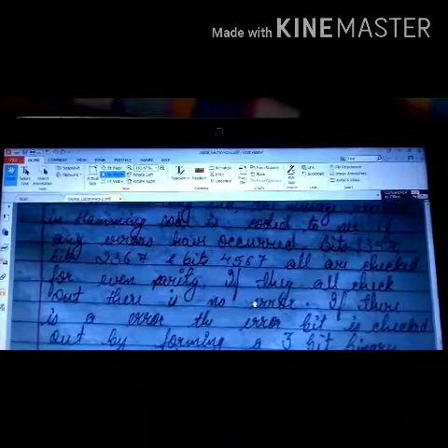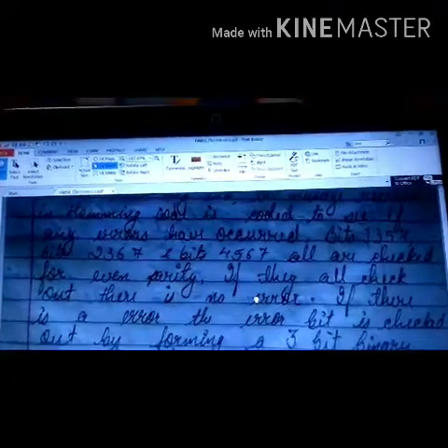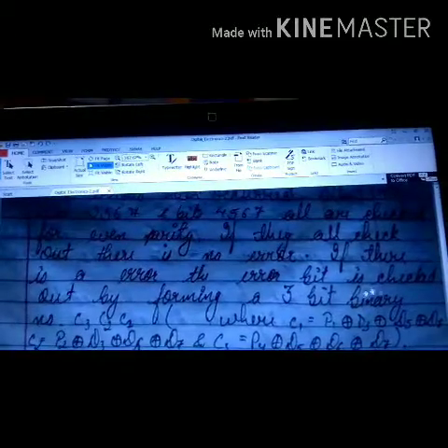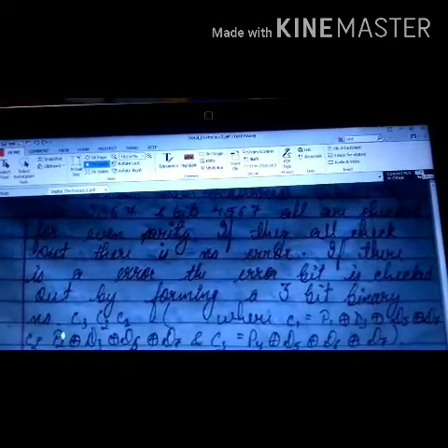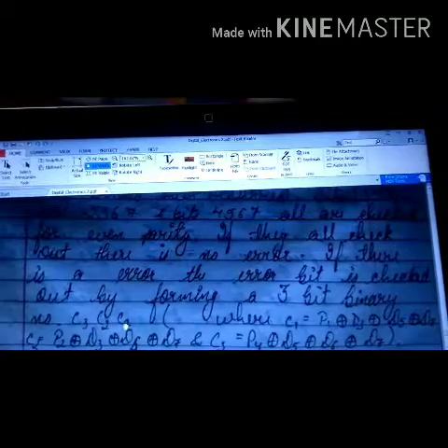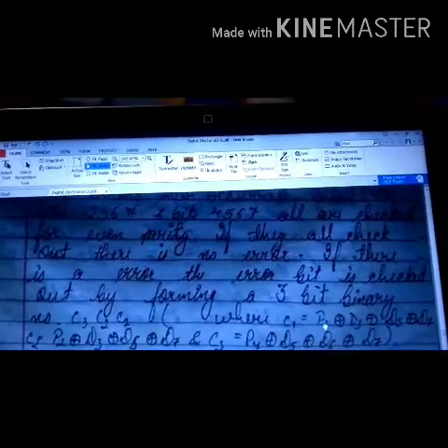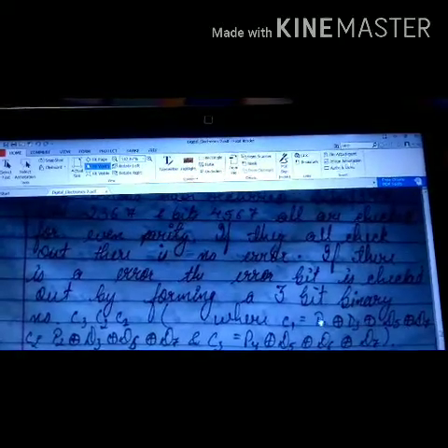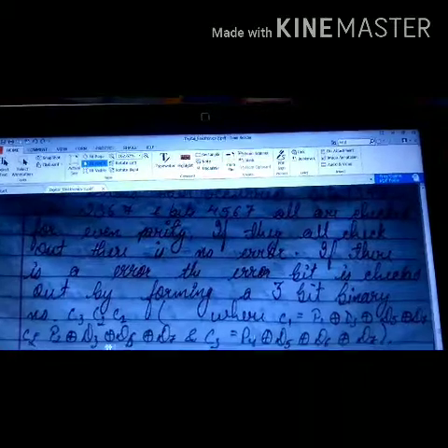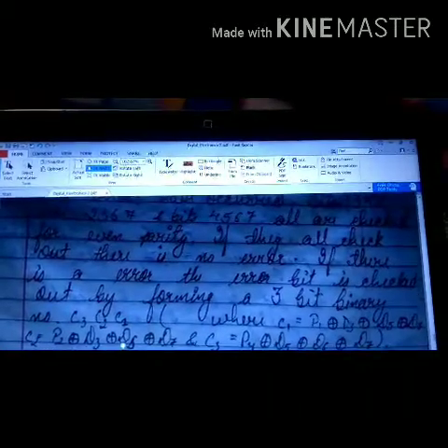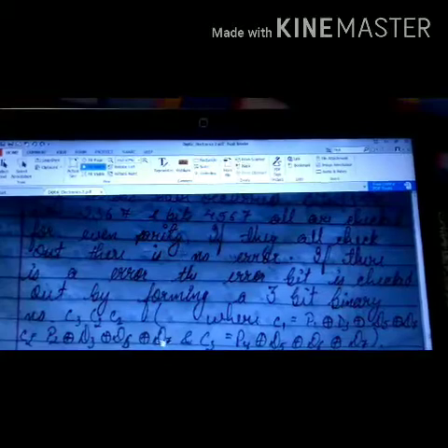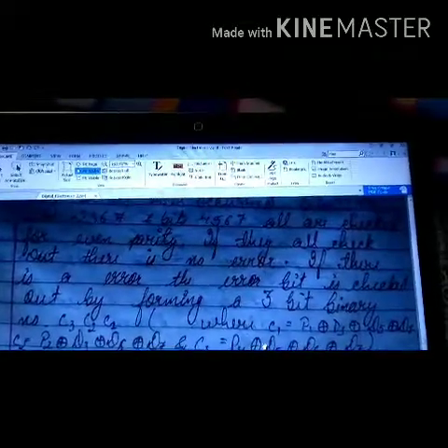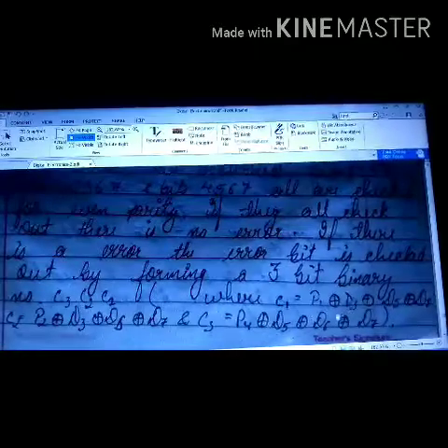So we can precisely detect that there is an error in a particular bit by forming this 3-bit binary word, which is composed of C3, C2 and C1. Now C1 will be an XOR between P1, D3, D5, D7, that is the different bits which were used. Then C2 will be P2, D3, D6 and D7 XORing each of these bits, and C3 will be P4, D5, D6 and D7 XORing these 4 bits.